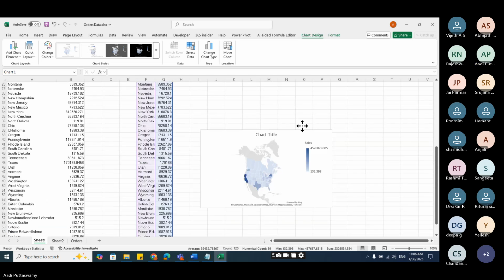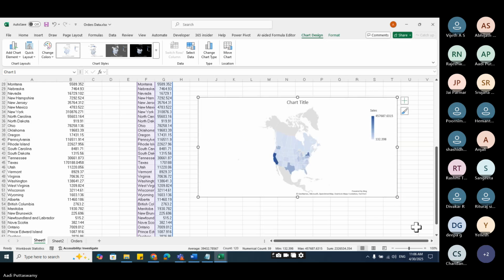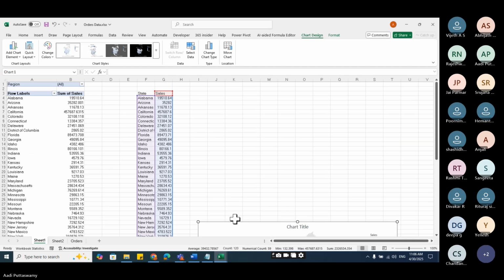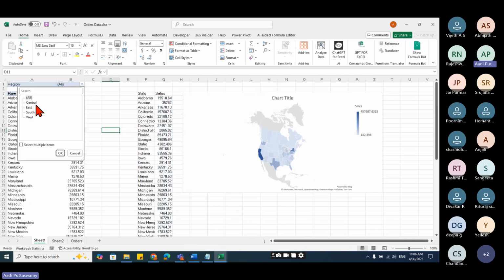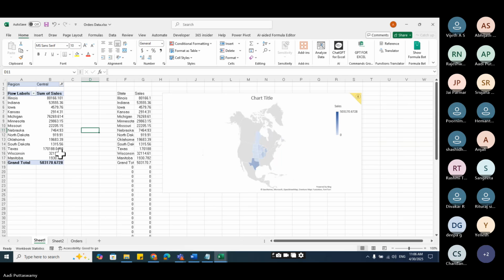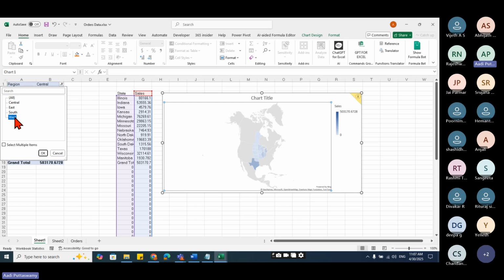See? This is a map. Just observe now. I will try to filter. Can you see this? Let me just zoom this. Let me again change this to West.